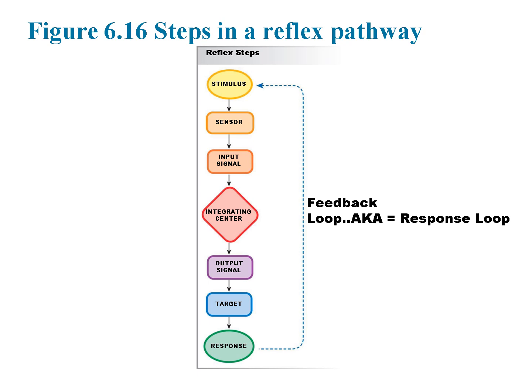The integrating center, often located in the brain or spinal cord, compares the incoming signal to a set point and decides whether a response is needed. If the variable has deviated too far from the set point, the integrating center generates an output signal. The output signal is sent through an efferent pathway to the target or effector organ. The target organ executes the appropriate response to correct the deviation.